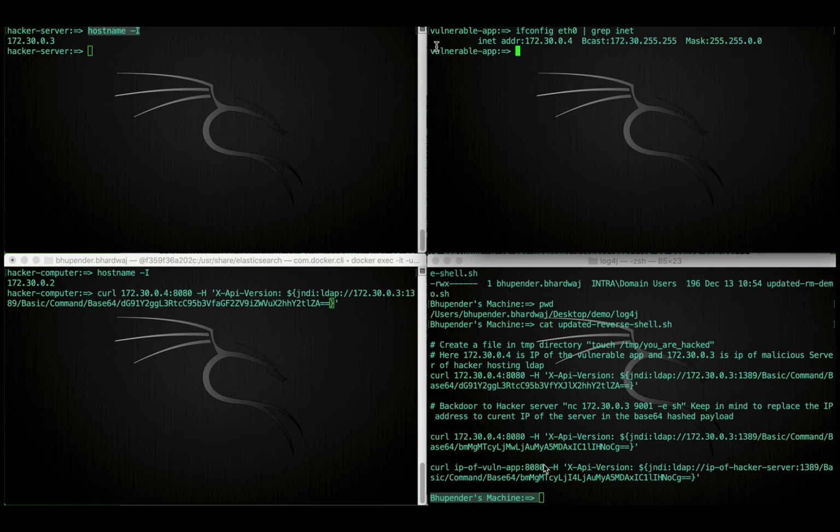Here you have four consoles open: one hacker server on the left hand side top, then the hacker computer, and the third one is the vulnerable server on the right hand side top. You can see the IP addresses of all the machines. The fourth console is just for reference to copy and paste the commands. Let us begin by issuing a command